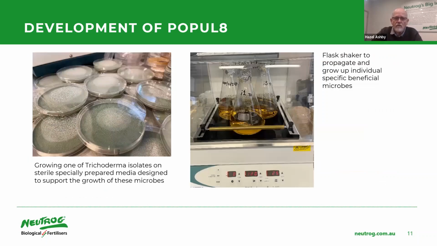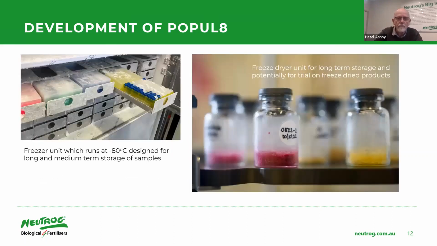So on these slides, you see a few of the methods we have for growing. One of them is to grow things on agar plates. I'm not sure if you're familiar with agar plates, but they're literally a solid growing media that basically contains nutrients on which we can grow things like trichodermas and penicilliums. On the other side, you see a shaking flask where we grow things in a liquid media.